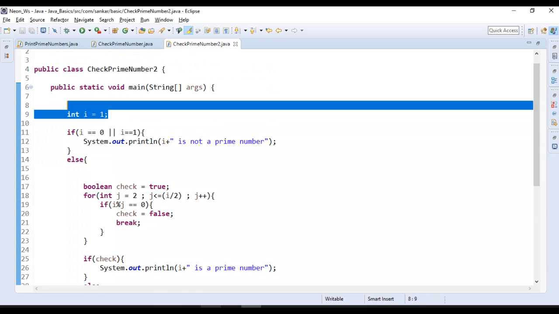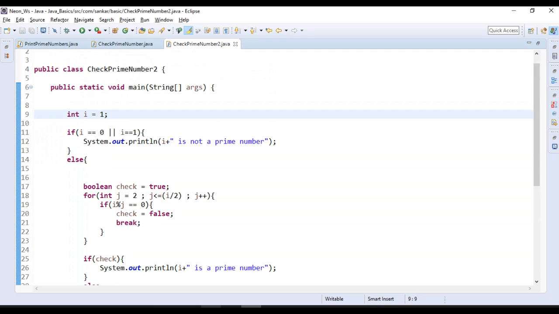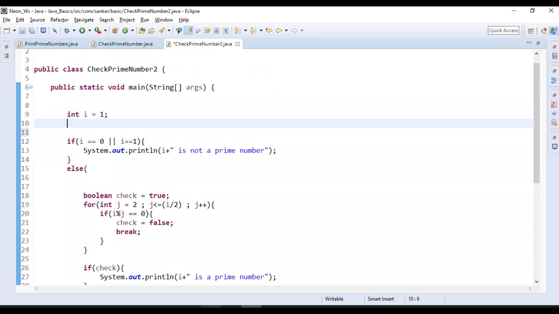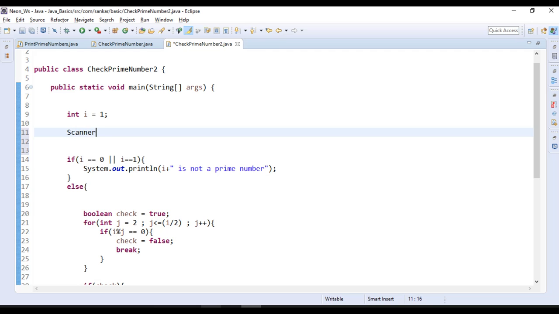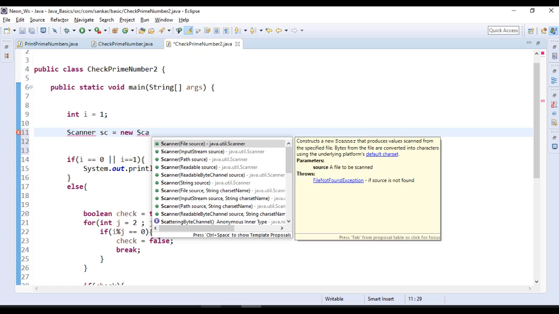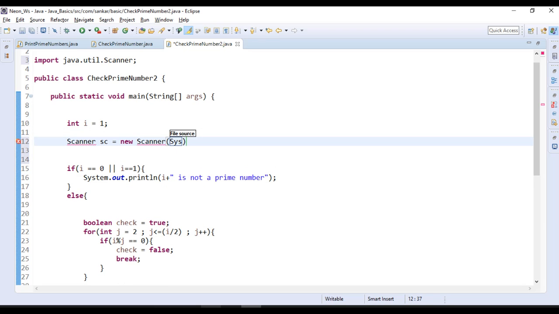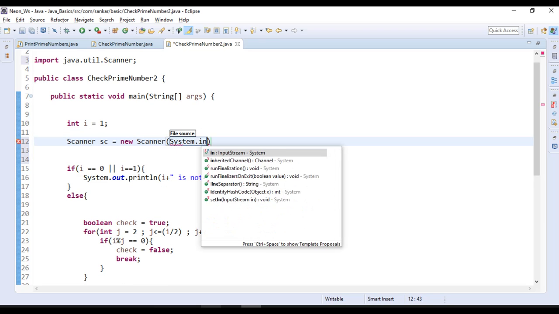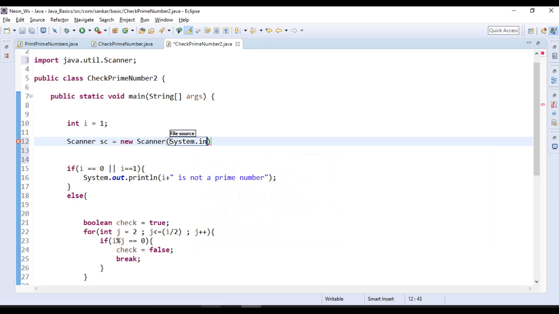So apart from hard coding every time, take input from the user. For that purpose you use the Scanner class. Scanner sc is equal to new Scanner, with the import, then System.in. We take input from the user.